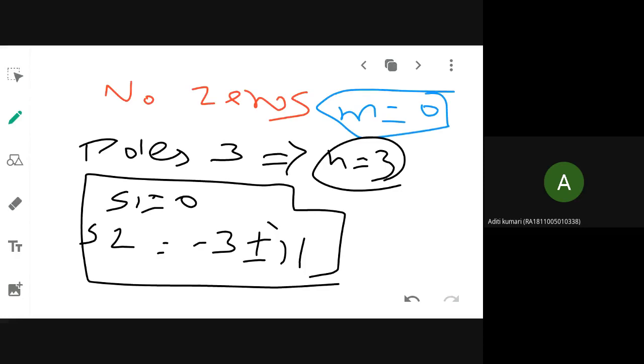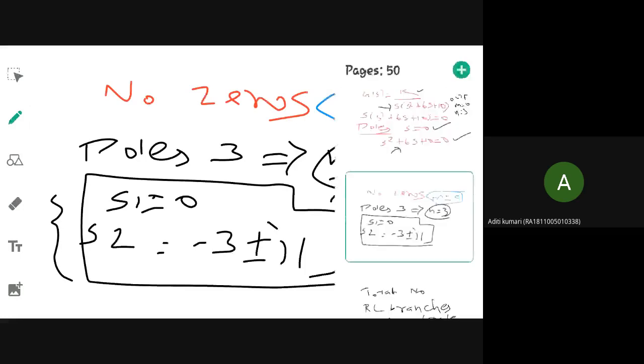Okay, so these are the roots that you are having for poles. So three poles you are having. N is equal to 3, no zeros, so m is equal to 0. So these are the three poles. You have to locate these poles in your graph sheet. Before that, let us discuss how many root locus branches you will have totally, how many will be ending at infinite zero, how many at finite zero. The procedure I told you last class.